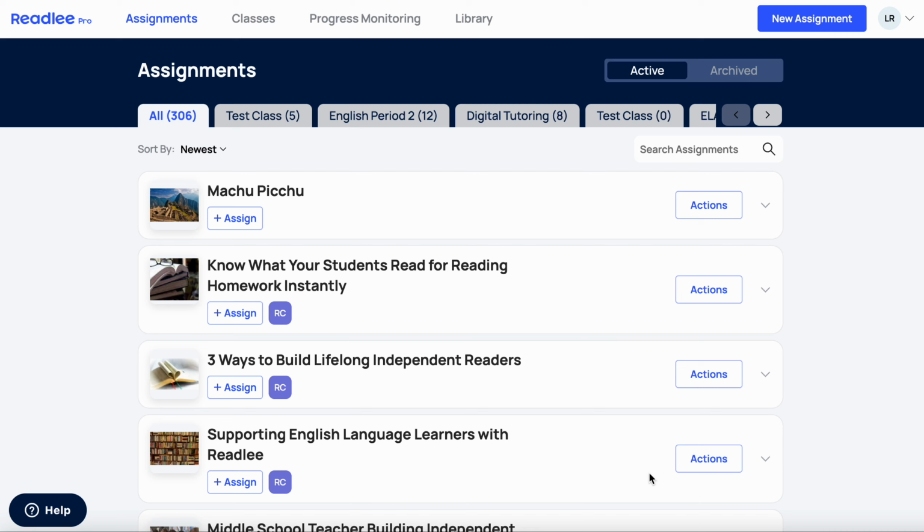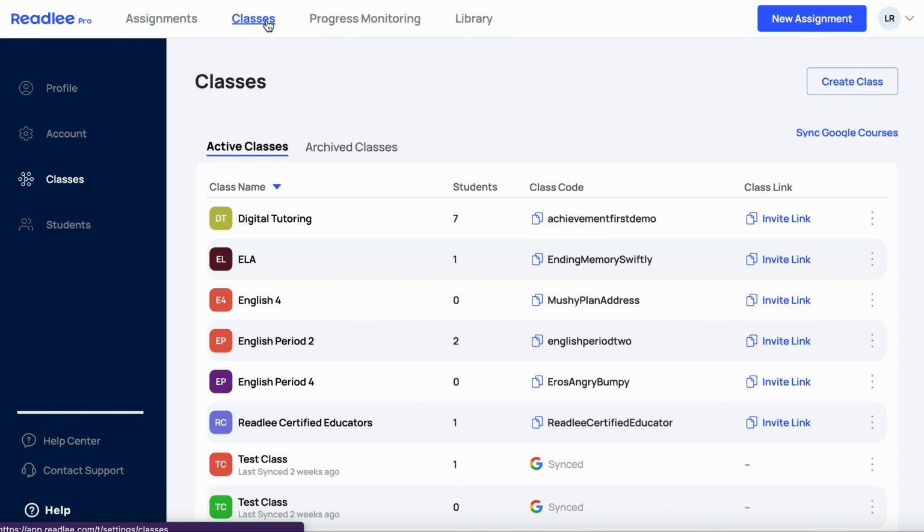Let's get your class created. So I am on my teacher dashboard. The first thing I'm going to do is go to the classes on this top menu. And this will bring me to this page where I have profile, account, classes, and students. If I want to create or import a class, I'm going to go to create class, and it will bring